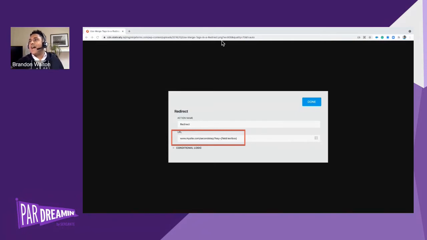Let's take a look at this query string, because I think this is a really fancy thing that Statically does. We have our question mark here, and we have W equals 926, quality equals 70, and F equals auto. W stands for width. I gave it away. I'm a wonderful presenter, right? What's cool about this example is we can change the width directly in the bar here and change the size of the image.